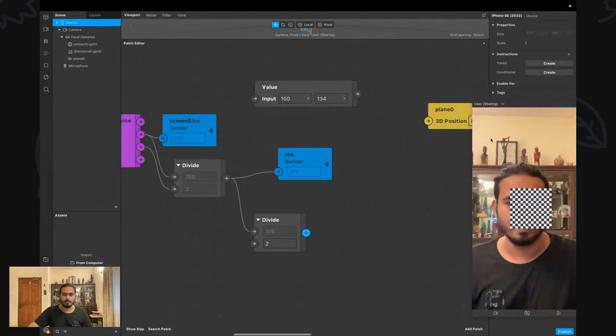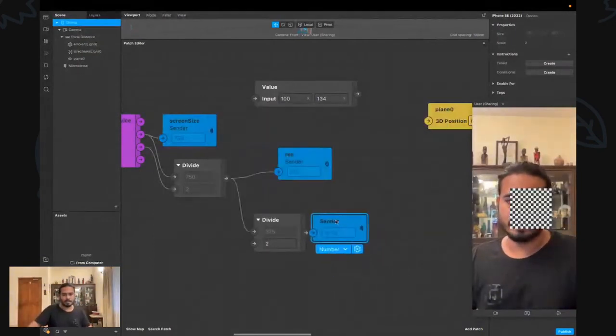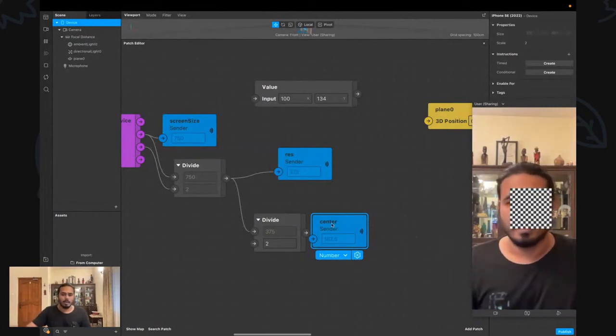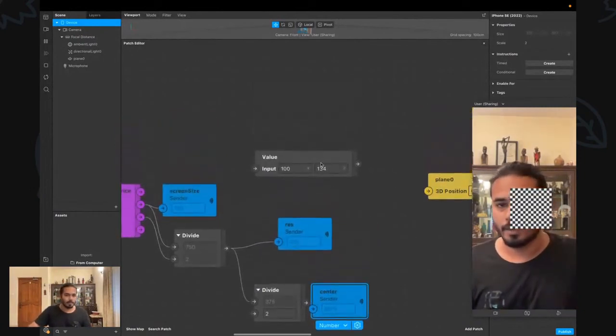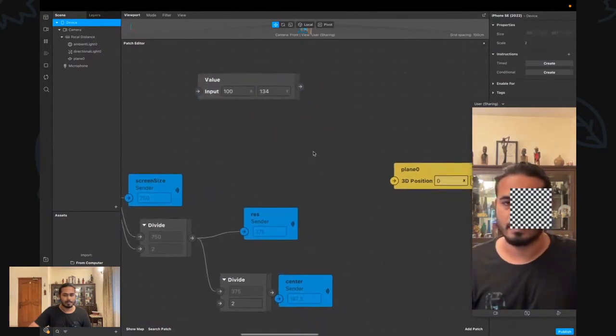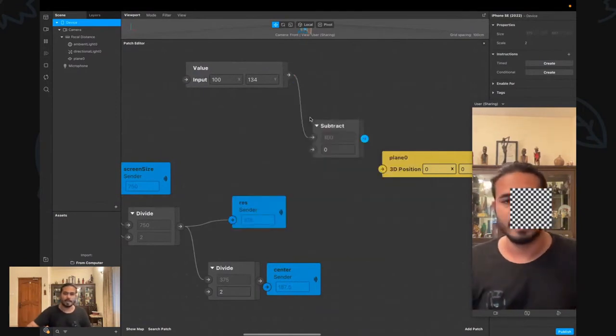So if I divide it by two, this is my center coordinate. So I'm going to call a sender, and this is my center coordinate. So the first thing that I want to do is subtract the center from that. So if I do this subtraction,